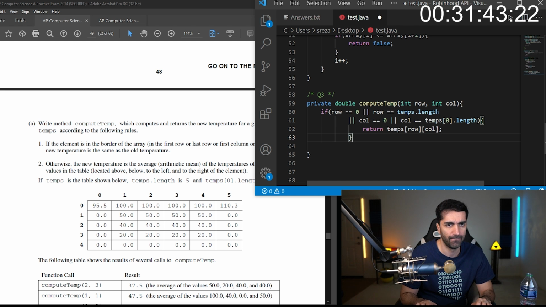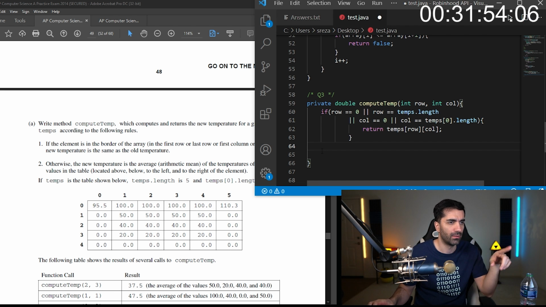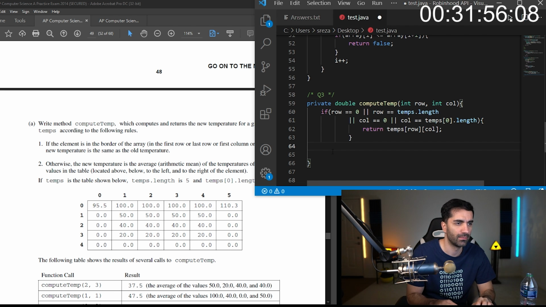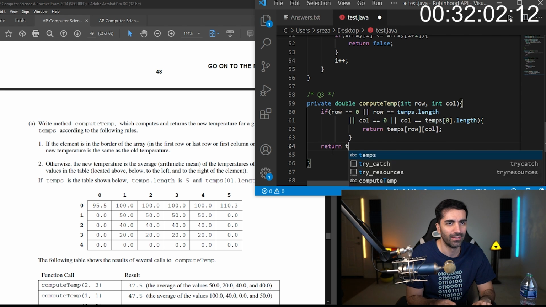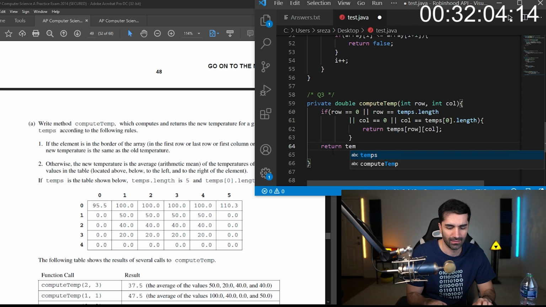Otherwise, we're just going to return the 4 surrounding grids or columns or cells, I guess. So we return temps. How do I want to do this? I'll just do this all in one line.